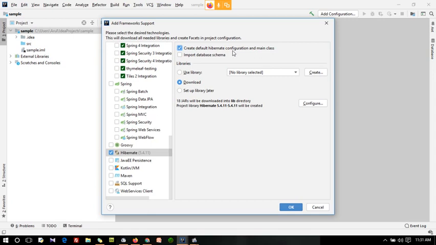If you skip this step, this will not get generated. Manually creating the Hibernate configuration files will be somewhat of a problem. So if you click this, it will automatically get generated with the basic tags. And if you give download and click OK, automatically the 18 jar files will be downloaded into the library directory for Hibernate. All the supporting and library files will get downloaded from the internet. If you already have them in your library, you can choose it. Else, if you don't have anything in your library, you can download it. If you click OK, everything will get downloaded.